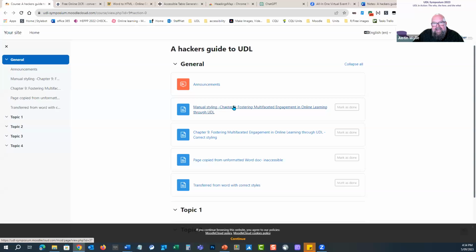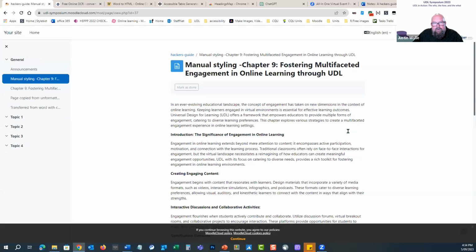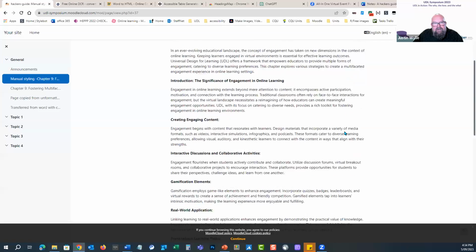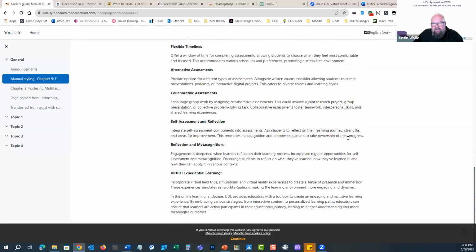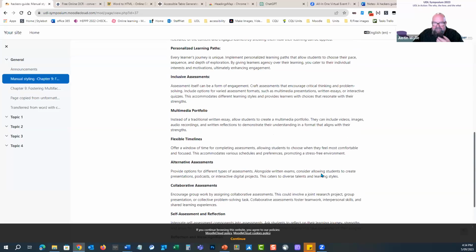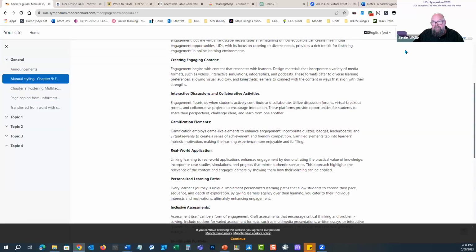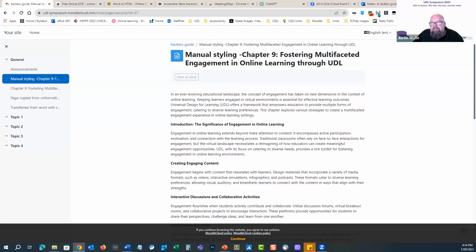So I've got here just a HTML page, and it looks pretty good. So it's got a heading, it's got some subheadings there broken up. There's more that could be done to it, but essentially it looks like it's right to go. But there's a great